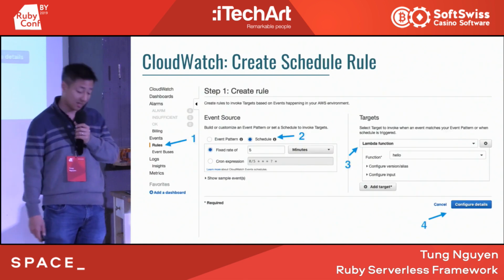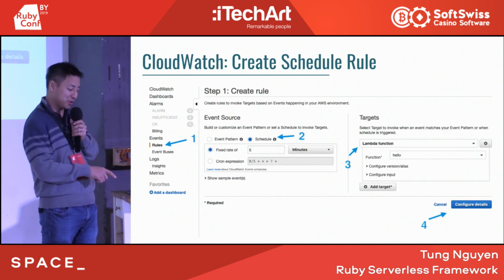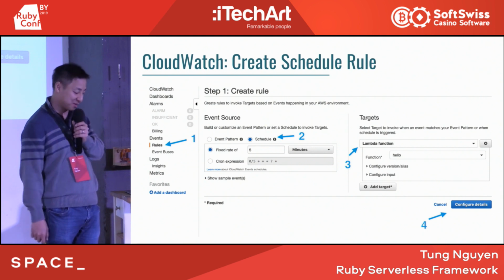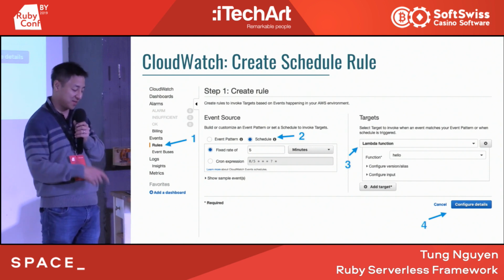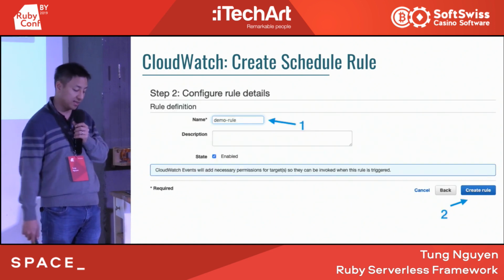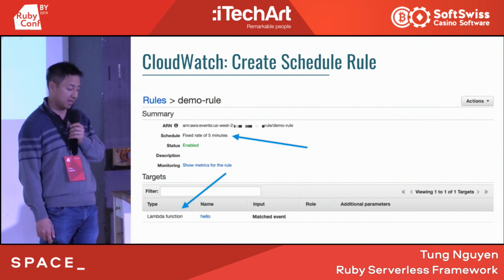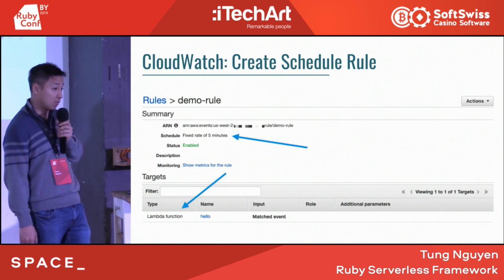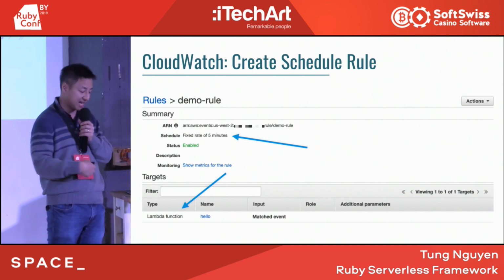Okay, CloudWatch logs. So you click on the rules. Number 1 there is like a side menu bar. And then there's a schedule. You could do fixed rate, or you could do a cron expression. Then you specify a target Lambda function. You click configure details, another page. And then basically you have a show page of your CloudWatch event rule, which is the scheduler, tied and connected